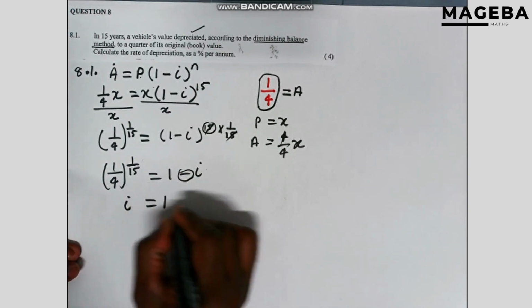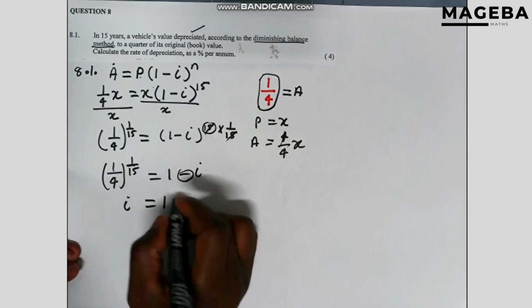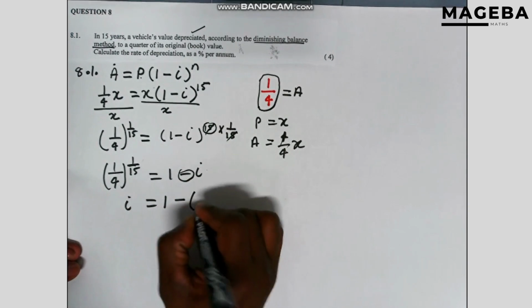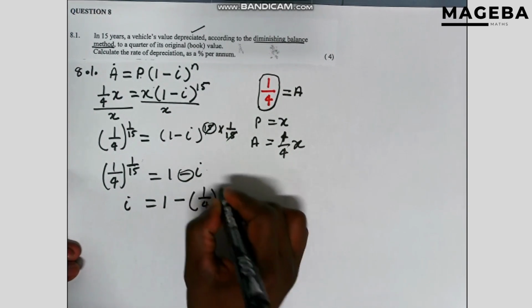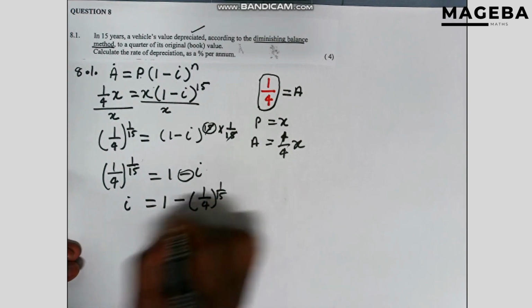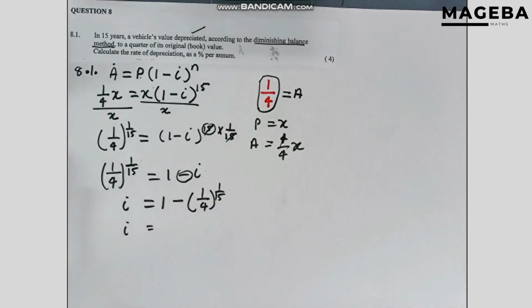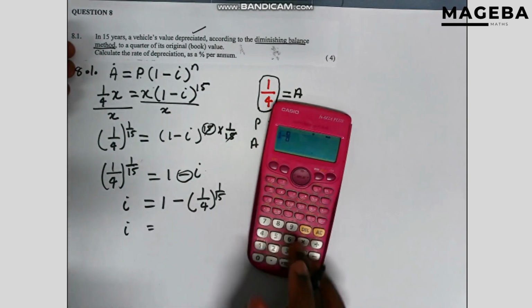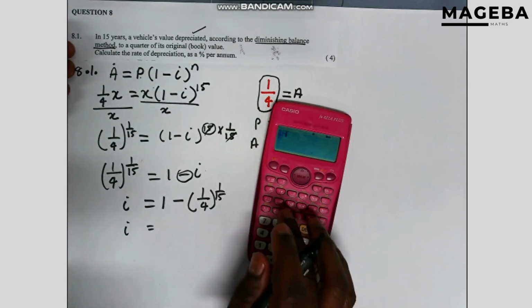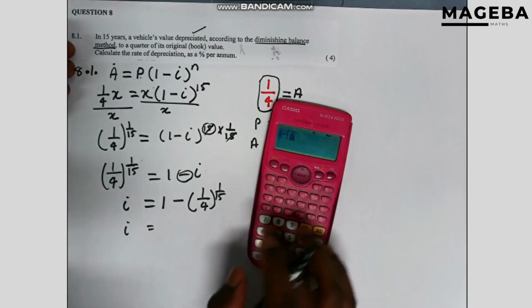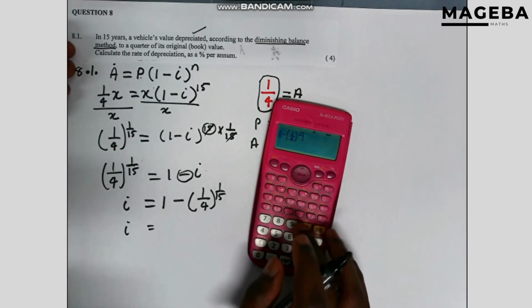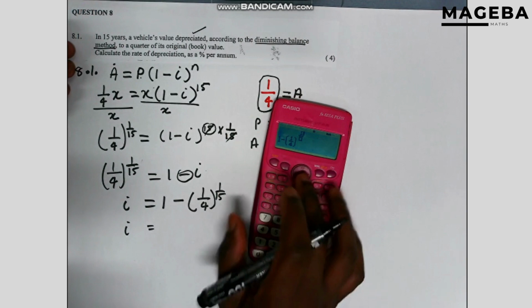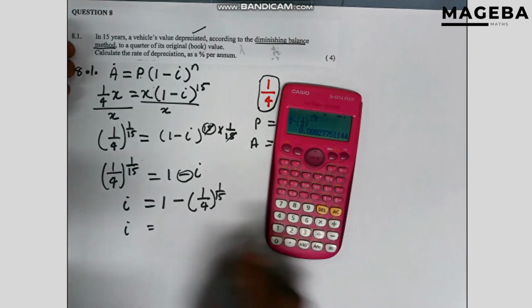This, when it comes this side, is also going to change the sign, just going to be 1 minus 1 over 4 to the power of 1 over 15. Then punch this into the calculator, 1 minus 1 over 4 to the power of 1 over 15,